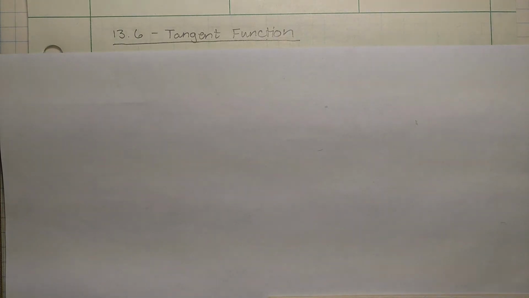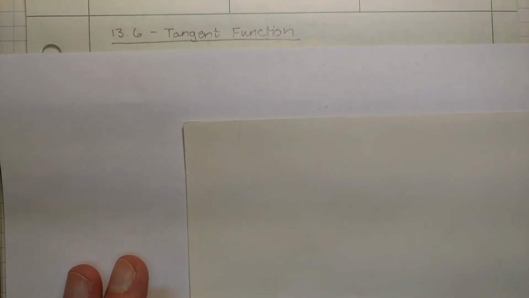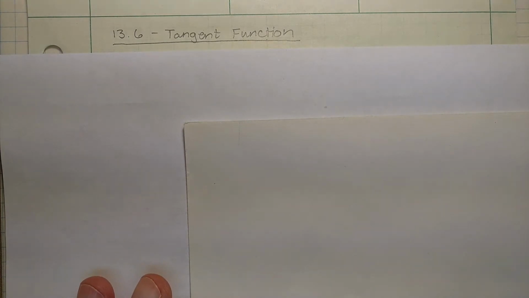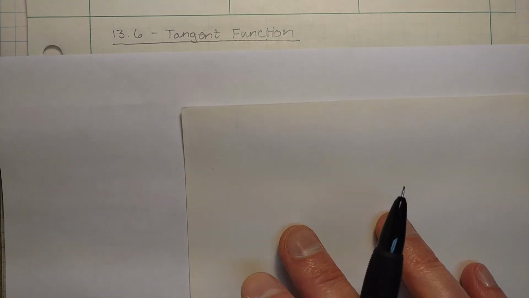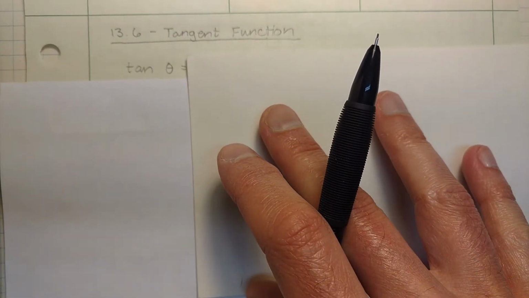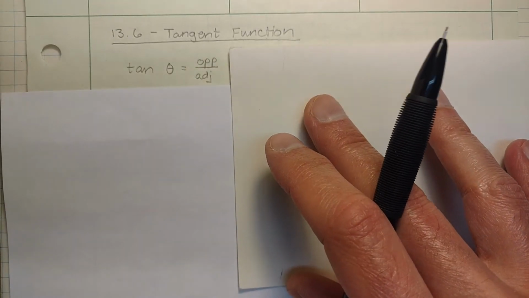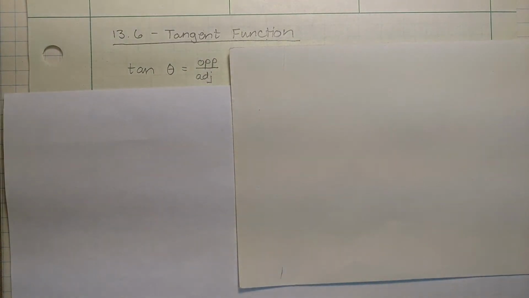All right, so first let's look at the tangent function. Just like with the sine function and cosine function, we can take a trig ratio and turn it into a function where we let our input, our x value, be the theta or the angle, and the output becomes the ratio number. Now remember, with the tangent ratio, we know when we take an angle, a theta, and